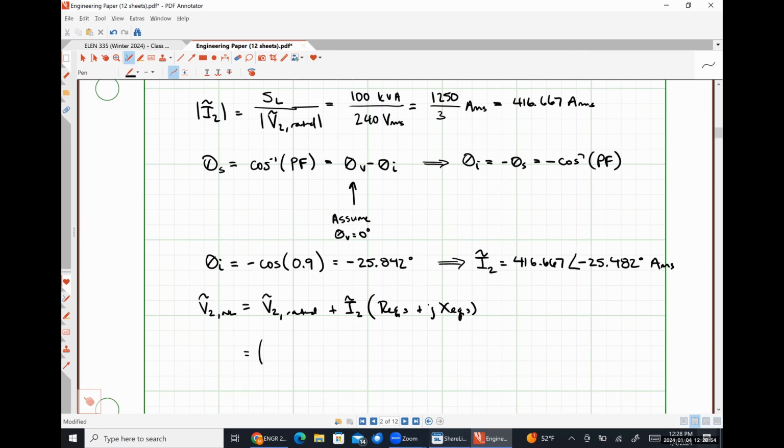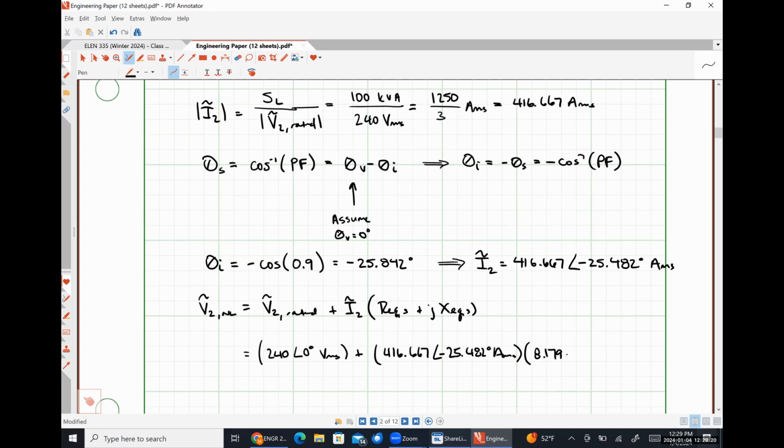So that is 240 angle 0 degrees volts RMS plus 416.667 angle negative 25.482 degrees amps RMS times 8.179 plus j 18.251